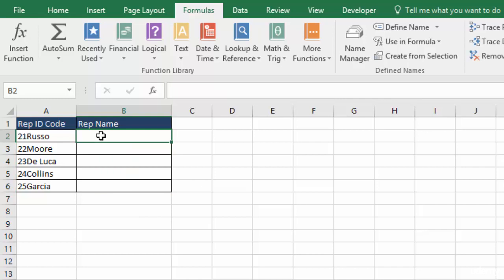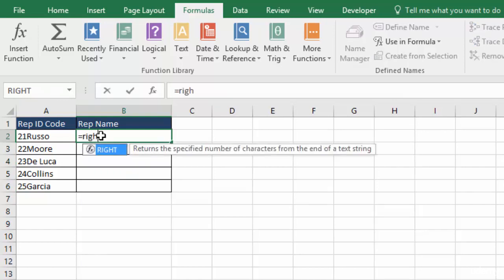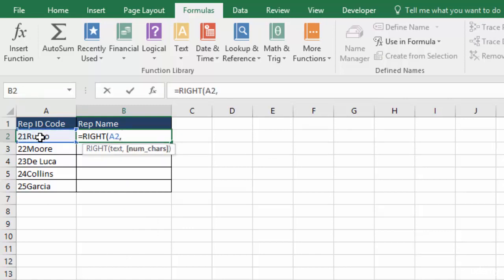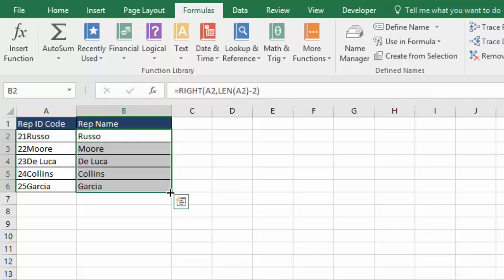So we'll go back and do our RIGHT function again. We still want A2 and a comma to separate it. Then we're going to type in LEN and a parenthesis and A2 and parenthesis. Now we're calculating the length of these characters, but we don't want the first 2, right? So then we're going to say minus 2. And where we've entered this formula by hand, we need to close our parentheses. Then we hit enter, and it brings back Rousseau, and when we copy it down, you can see it's getting